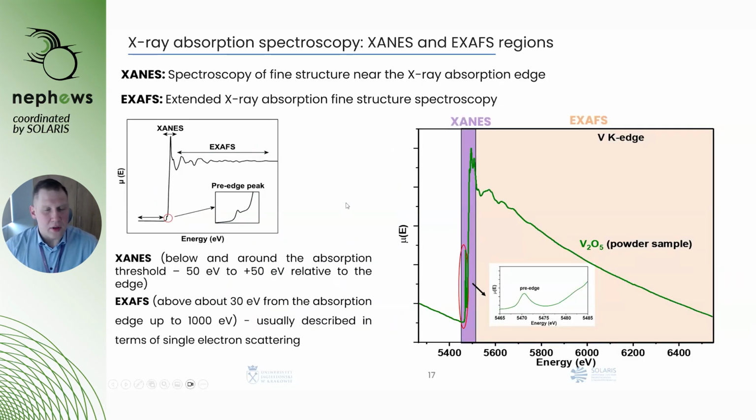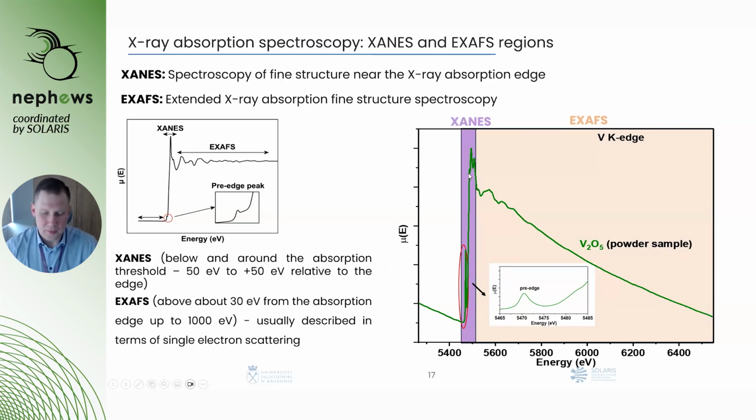And if we have a closer look at the X-ray absorption spectroscopy spectrum, we could see that there are 2 ranges, and analysis of these 2 ranges could give us a lot of information about the material. One of them is XANES, X-ray absorption near edge structure, and here we have EXAFS, extended X-ray absorption fine structure. And you can see that the XANES region has such kind of substructures or sub-features, which are called pre-edge